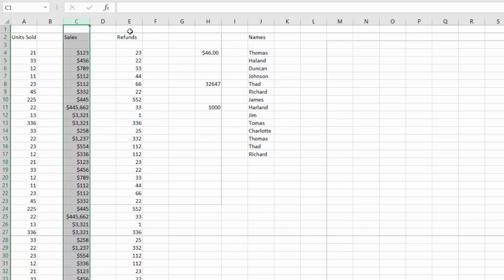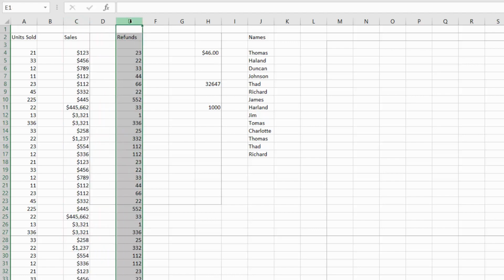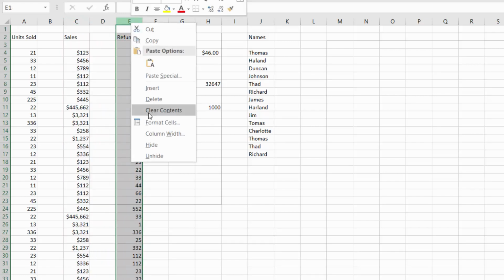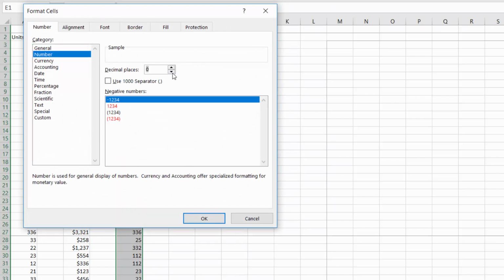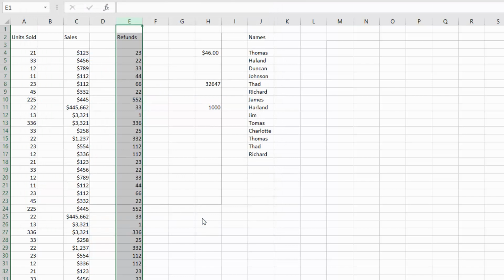We can then format another column. We can then right-click. We can format these cells. We can then choose the numbers that we want to format and how we want to format them. Once we've done that, we can then click OK. Now, one of the things you want to note about formatting numbers is that the value of the number doesn't change. All we're doing is formatting the view of the actual number when we change the formatting of the